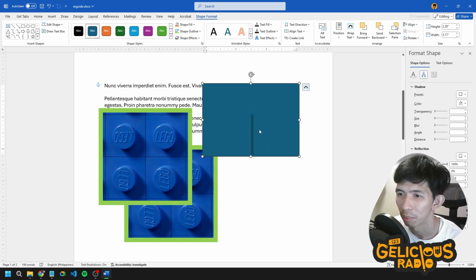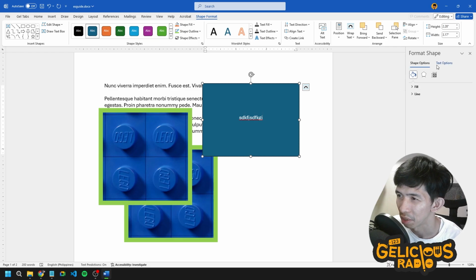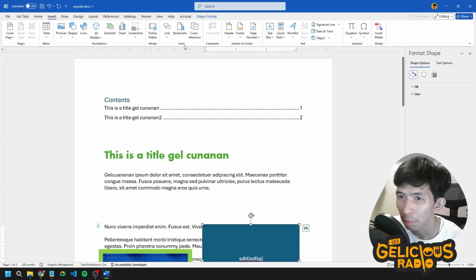Ayan, so makakapag-type ka na dyan ng anything sa loob. And then, ganun din po, pwede mo ding i-format yung mga text na nasa loob. And then, as well as yung additional options mo, meron din siya dito na format shape, as you can see in our side panel. In our header footer naman, so dito sa may header footer natin, so when you click header footer,